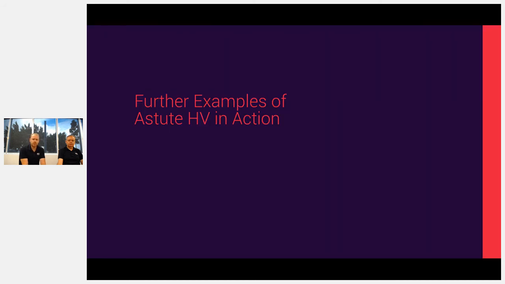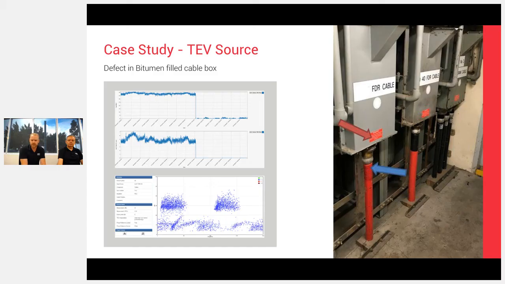We have a few more case studies here of what we've found in the past. So this one here is an 11 kV switchboard where we have conducted a benchmark survey. We've identified PD within the cable box that you can see there highlighted in red, pitch-filled cable box. We straight away advise the customer that there's a high level of PD inside that cable box. What we then advise them to do is shut that cable box down to reduce the risk,